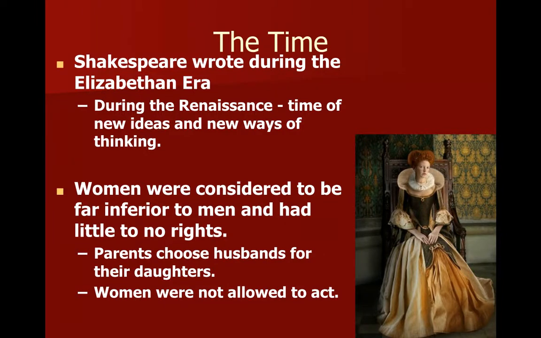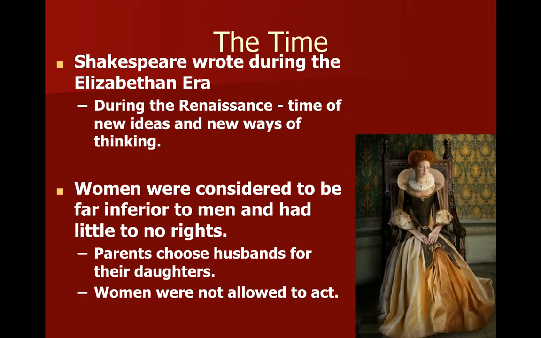And then a couple other things, we know that Queen Elizabeth is the queen at this time, and she loved plays, and she really gave these playwrights and actors a great opportunity. The city of London was not a big fan of the plays, but since she loved them so much, she was the big initiator to keep them going on.